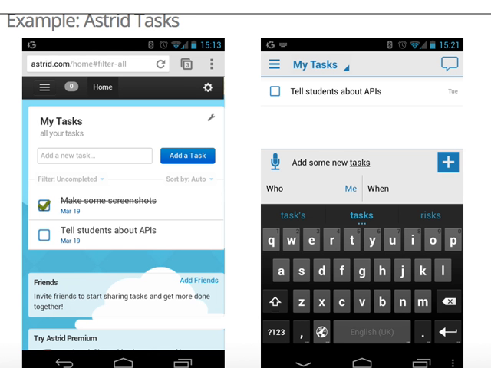Right, but the point here is the way data is represented to the user is very different. Just compare the web application and the native Android application. There's nothing in common. The way we handle input is different. But the way data is stored, the way data is manipulated, the way we access this data is effectively the same for every platform.